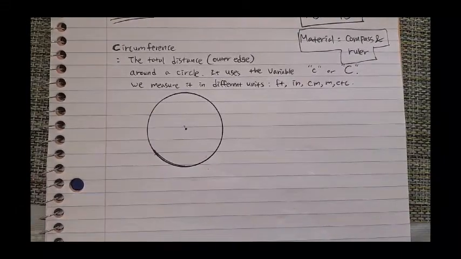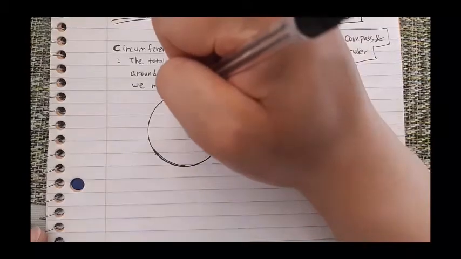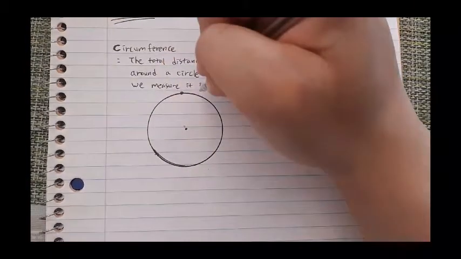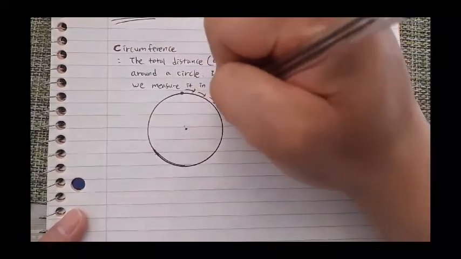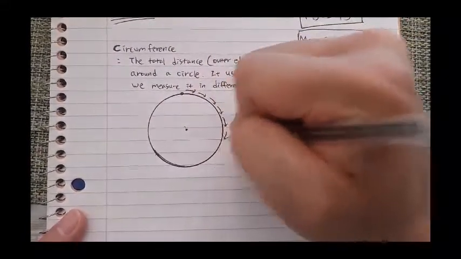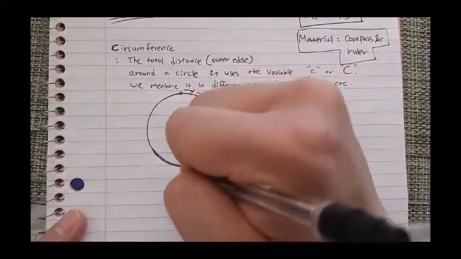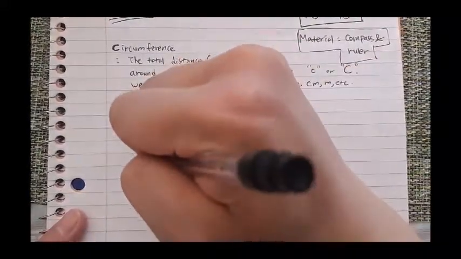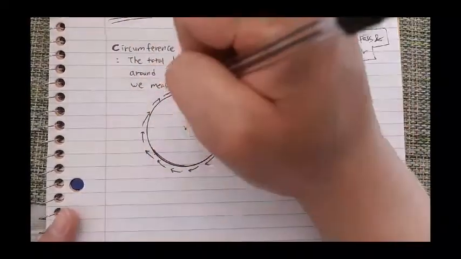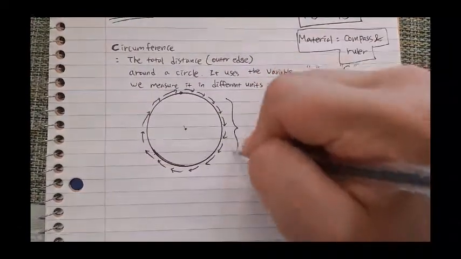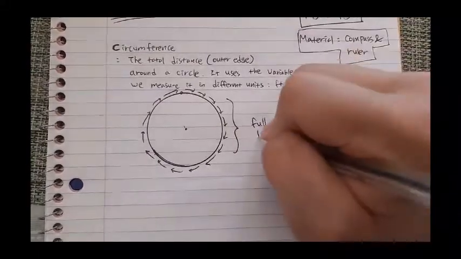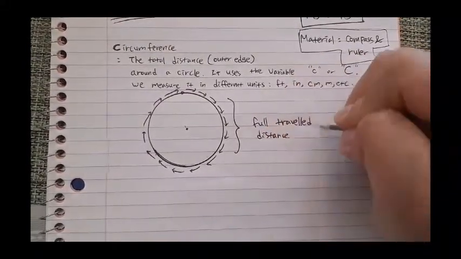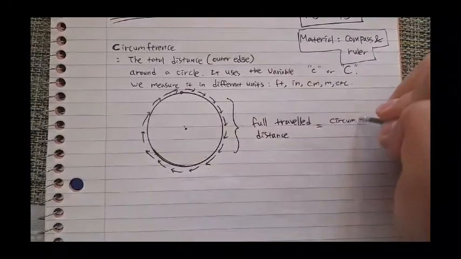But in any case, circumference is a full distance. So imagine I start running, like on a track and field, going around this track. It doesn't matter clockwise or counterclockwise. In this example I'm doing clockwise, but it really doesn't matter. Going around the outer edge and coming back, this full traveled distance is known as circumference,